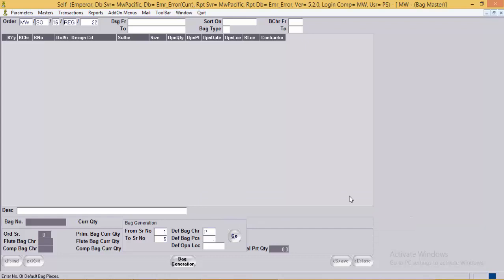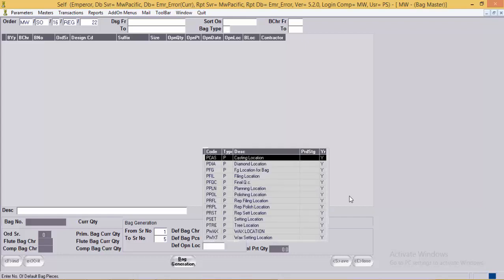Then the default bag pieces. If the user wants to specify the specific number of pieces which a bag should contain, then he or she can specify over here, or else the system will bring it from the order detail. Then the default open bag location.